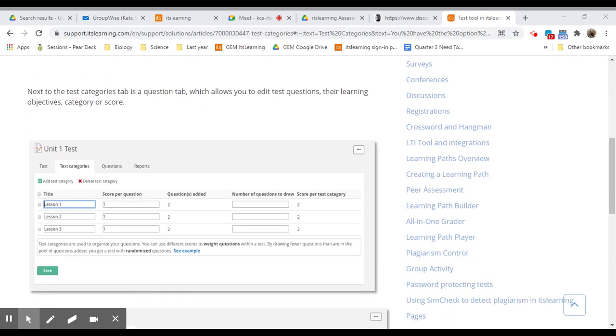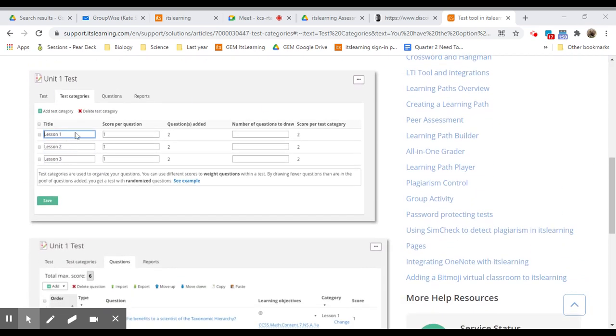So for example, this person has written 2 questions for lesson 1, 2 questions for lesson 2, and 2 questions for lesson 3. And they are going to decide how many questions of those 2 questions they want to use